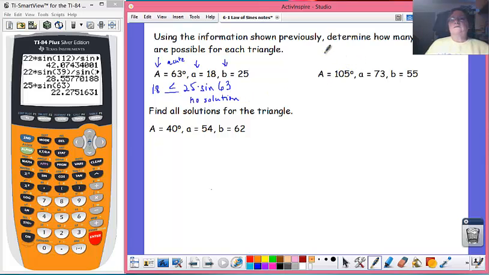Let's look at this one. We have an angle A that is obtuse, so we're in the bottom half of the chart on the other side. What we have to do next is check to make sure that the A side we're given is larger than the B side, and it is, because remember, the largest side has to be across from the biggest angle. One triangle